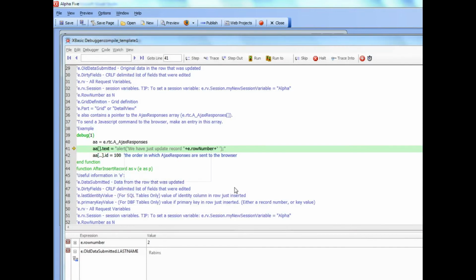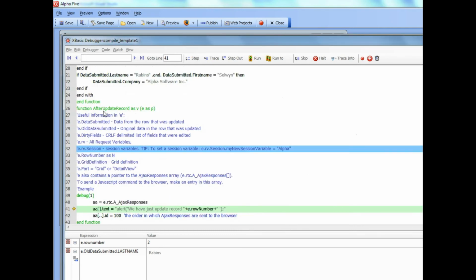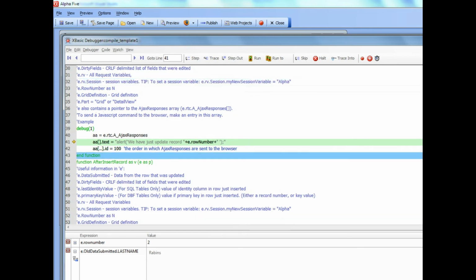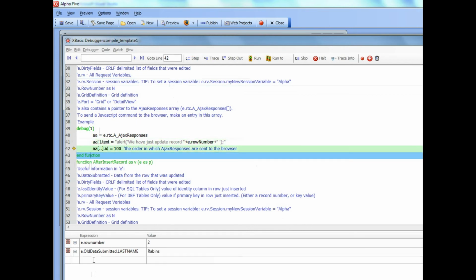This continues our discussion of the after update events, and right now we're debugging inside the after update record event, which is fired in response to us submitting 2 rows of dirty data. So let's carry on here and now look at